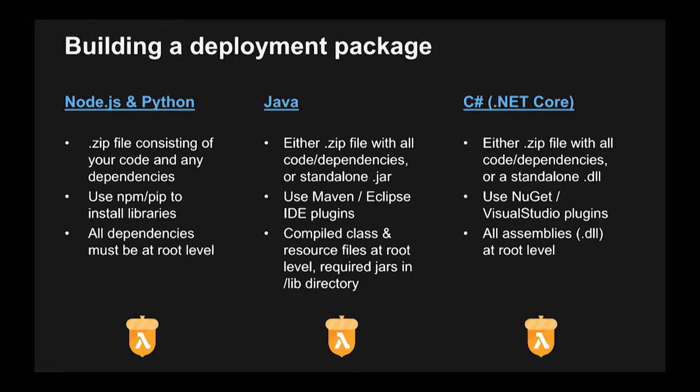When it comes to building a deployment package, so today at AWS for Lambda, we support 4 different languages, and then sub-versions of those. So just last week, I guess it was technically, we launched Python 3. But if you think about the 4 different languages that we support, Node.js and Python, Java, and then C#, there are different types of packages that you need to create if you're going to take that code and push it up to Lambda.